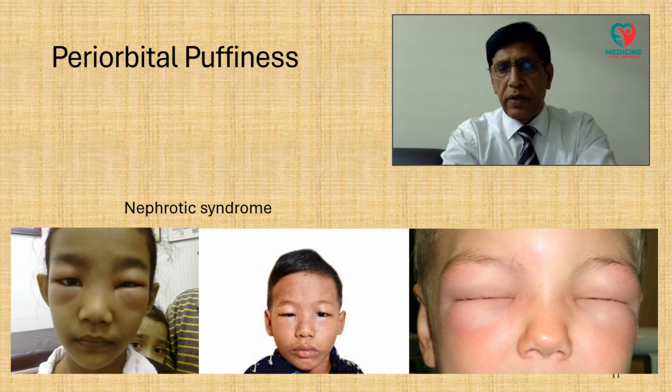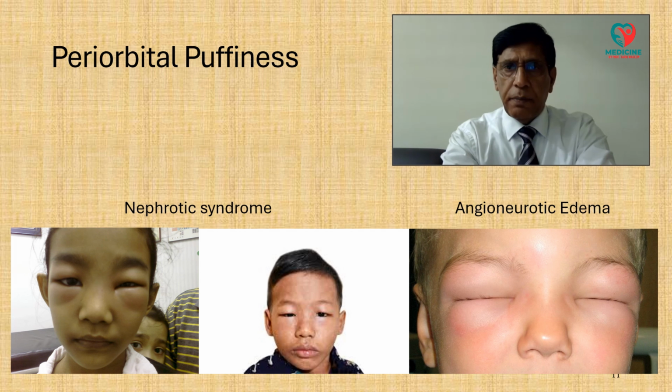This appearance should not be confused with another similar appearance. Look at this person's eyes, which not only are puffy and show bogginess and swelling, but are slightly reddened as well. Now, this is a classical example of angioneurotic edema. Sometimes there may be confusion in differentiating between a puffy face as a result of nephrotic syndrome or an angioneurotic